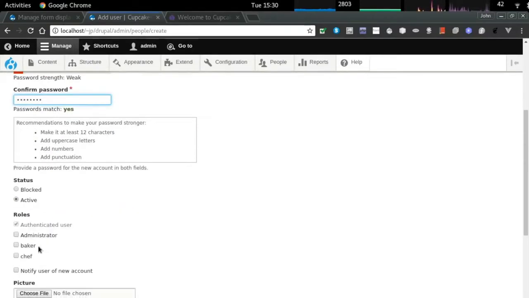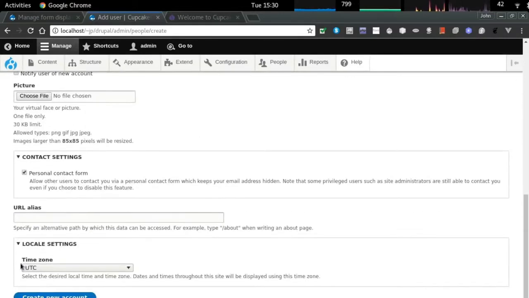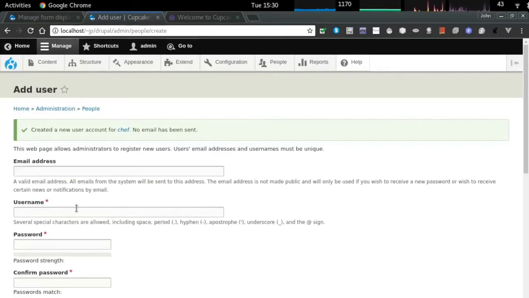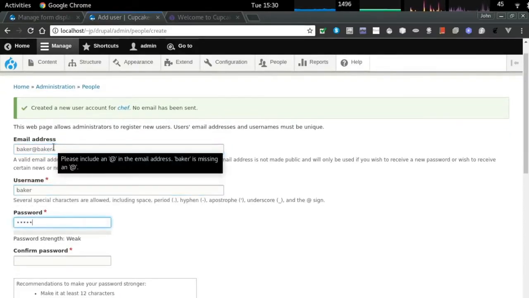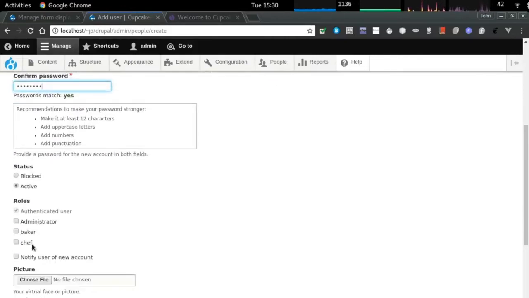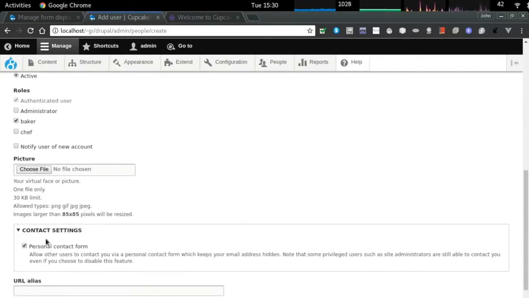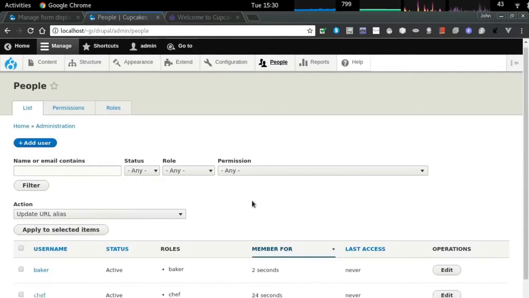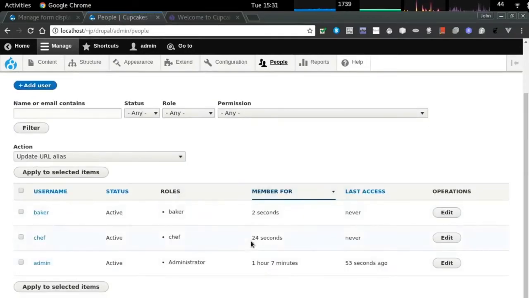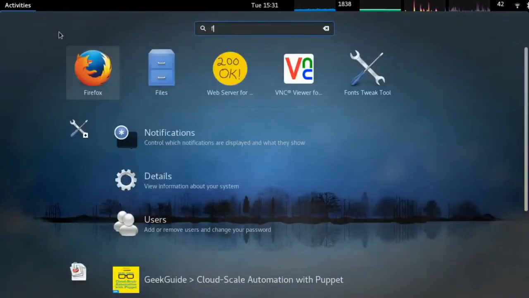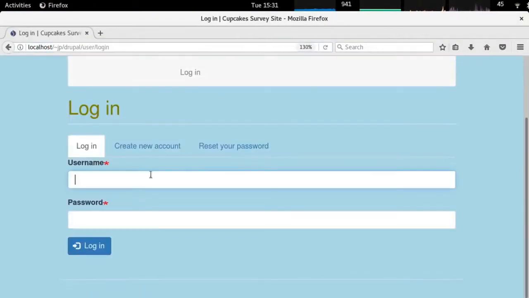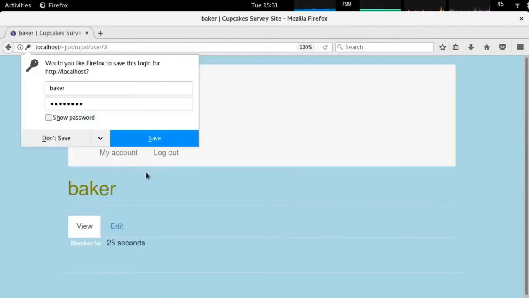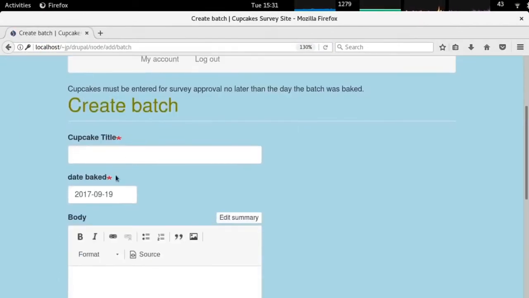So I'm creating my chef and I'm creating my baker. And you'll note that down the bottom there, I'm going to change the role so that particular user inhabits the role. And I'm putting very insecure passwords in, but they just prove out a concept. So I've got two users under the two new roles, and if I go incognito or use a completely new browser in this case, so I've got Chrome on one end and Firefox on the other,